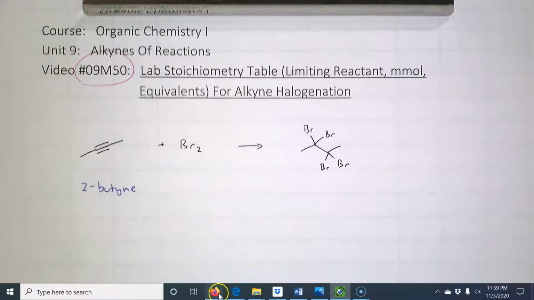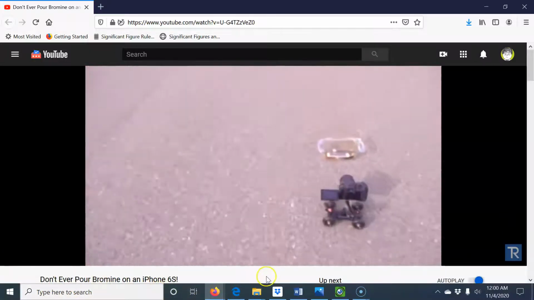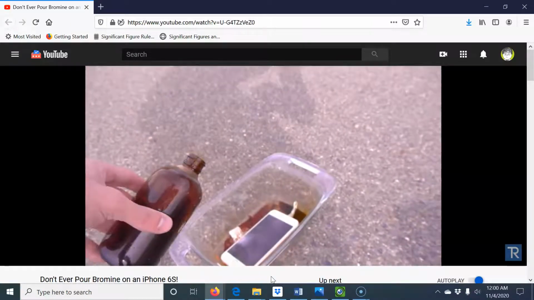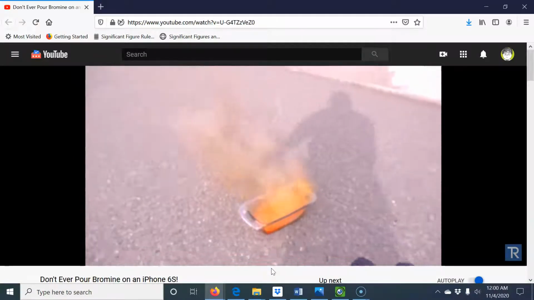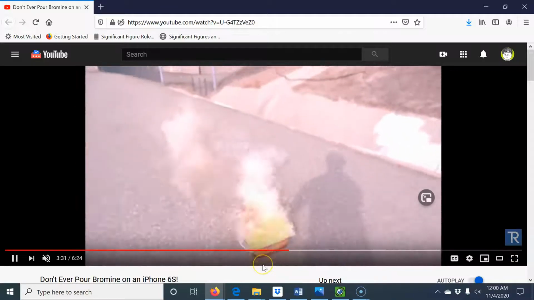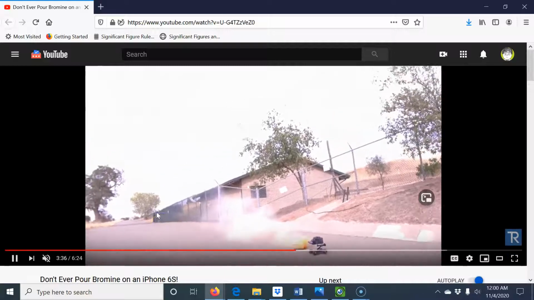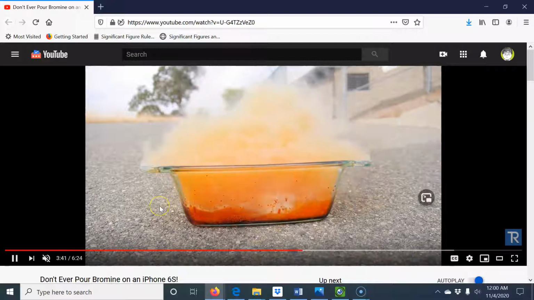I have a video pulled up. Let me find it. Oh, here it is. Bromine is a brown, thick liquid, and I don't have the sound here, but this video is called "Don't Ever Pour Bromine on an iPhone 6S." So look how thick that liquid is, that vapor, but it's a liquid, and yes, we are going to be using this in lab, but it's very caustic. You don't want to get this obviously in your eye, definitely not your skin as well. Okay,